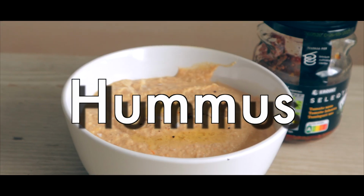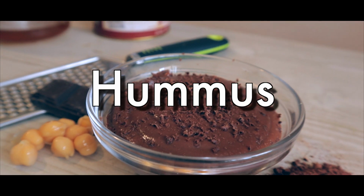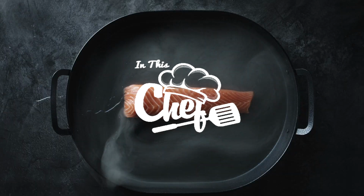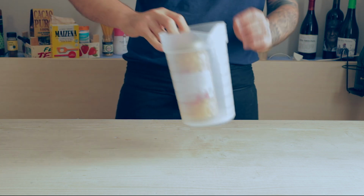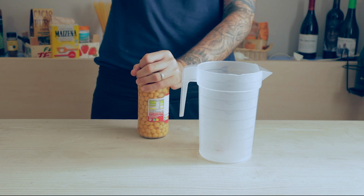I never buy hummus in the store because it's so easy and much healthier to make at home. Seriously guys, you should never be buying hummus from the store because they're full of preservatives and everything, so when you make it yourself, you know exactly what goes in each dish. So here we're going to go over the basics of hummus and 6 very simple recipes for you to try